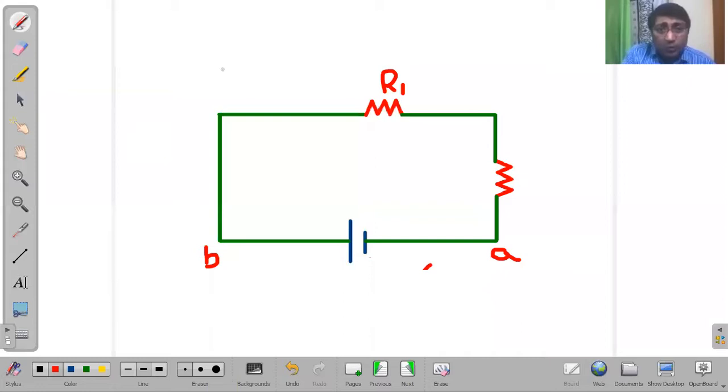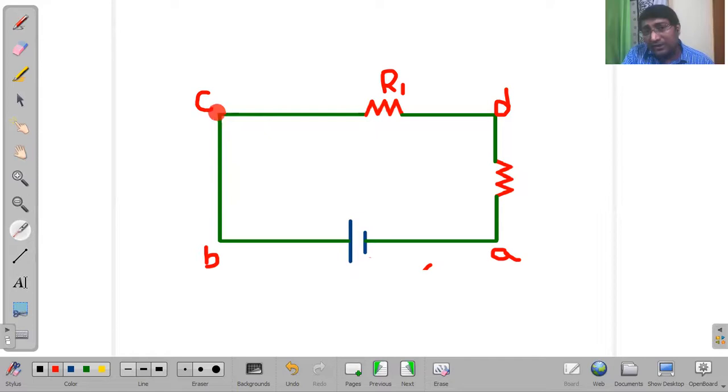Then I'm putting a new alphabet. Some people prefer to use the same alphabet. Since there is no new electric component on this particular line, some people prefer to use B, but let's go with our textbook way. Use a new alphabet whenever there's a corner. And now I'm using another alphabet here, that is D.